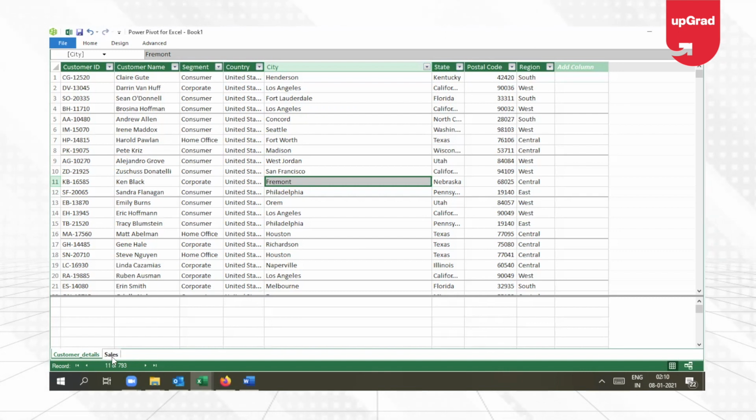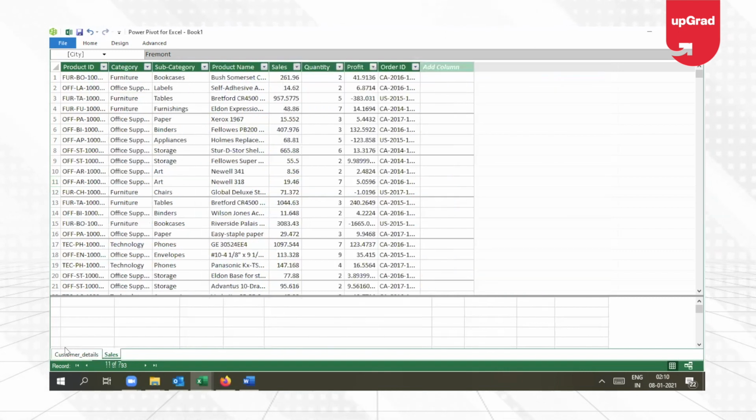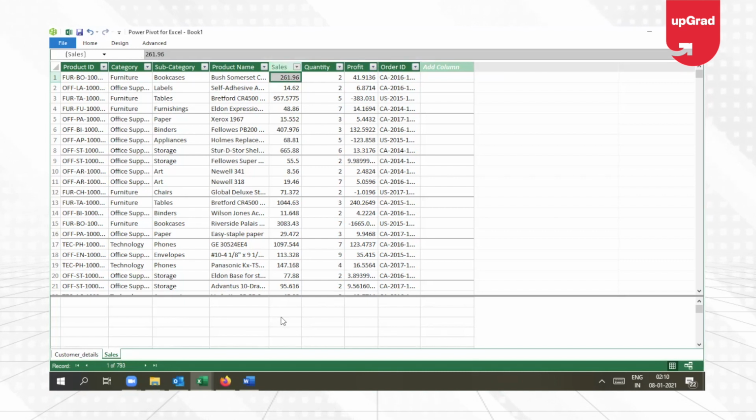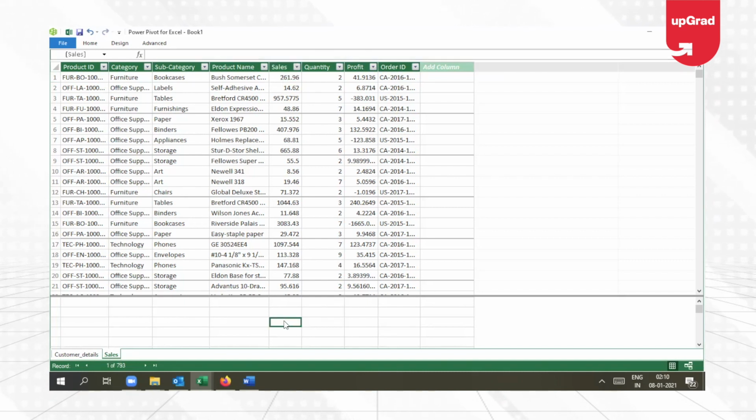I want to identify how many such sales I have performed, or what is the profit I have earned from the sales where the sale amount is more than 200?